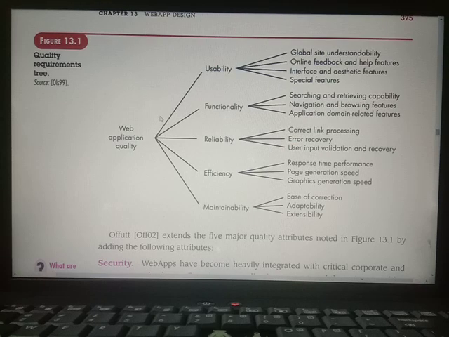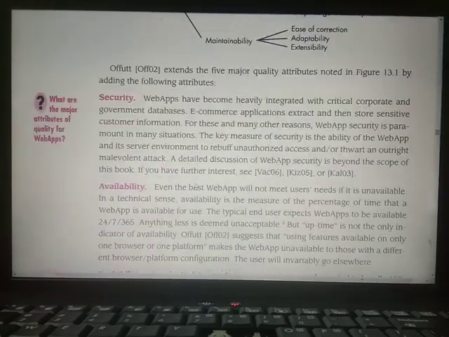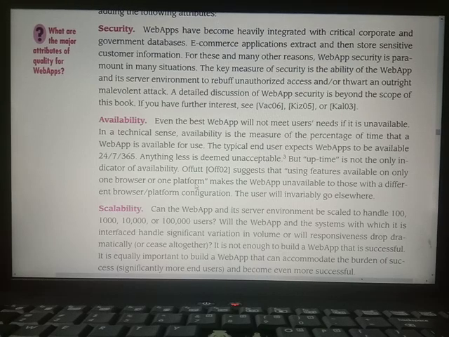And apart from this, the major quality attributes noted in the above figure, we add some more attributes such as security. So web apps have become heavily integrated with critical corporate and government databases. So they will be given access to some corporate and government databases.